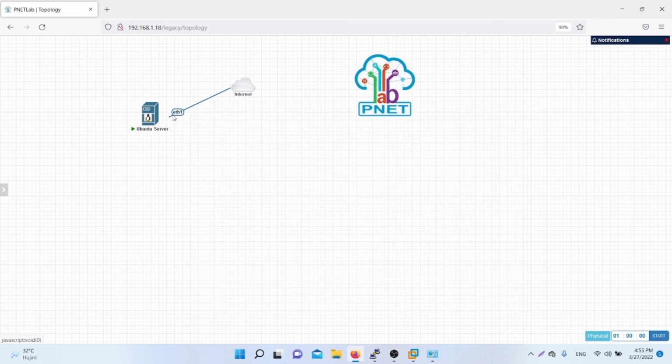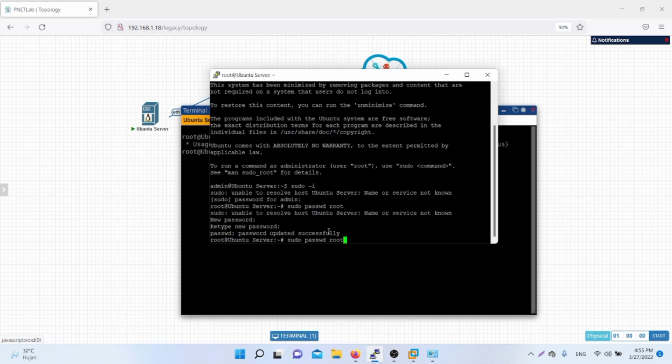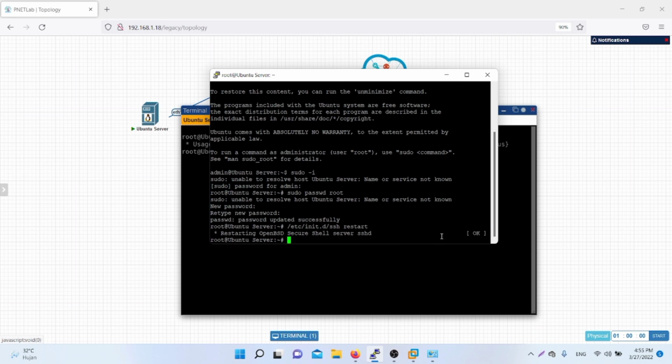If the appearance is like this, we must run the restart command. The command is like this. Okay. Restarting OpenBSD Secure Shell server sshd and the status is okay.